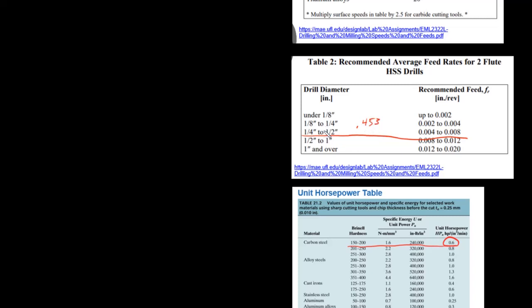And so we're closer to the half inch. So we would choose a number closer to the 0.008. So this is just a rough guess, and I'm going to say that the number is about